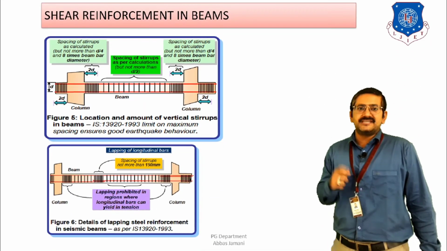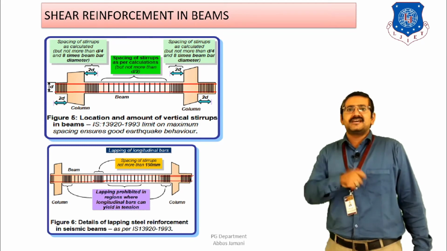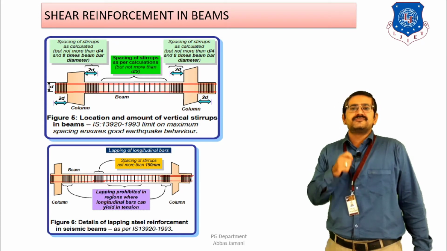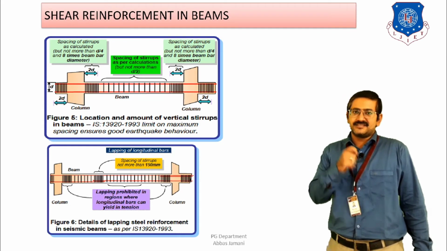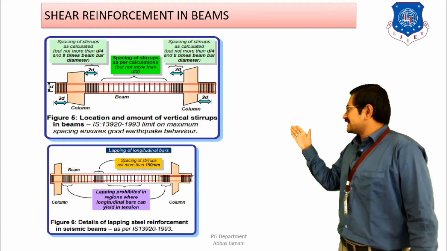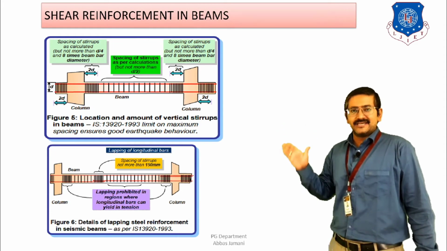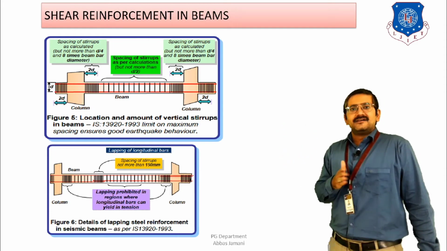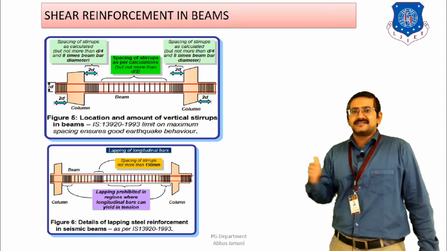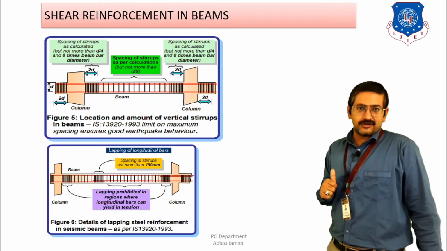Next we come to the shear reinforcement. As I have discussed earlier, in order to avoid the shear failure in the beam, the shear is going to be critical near the junctions, that is near the supports, right? So the code is telling, as you can see in the figure over here, that closed loops should be provided near the support section and at a far distance in the midspan section. The same thing is shown by means of a figure here also.